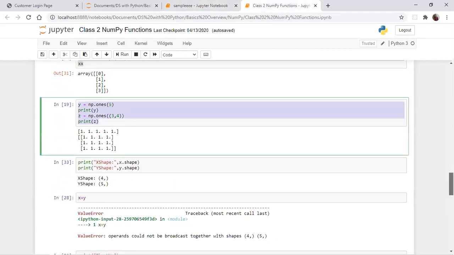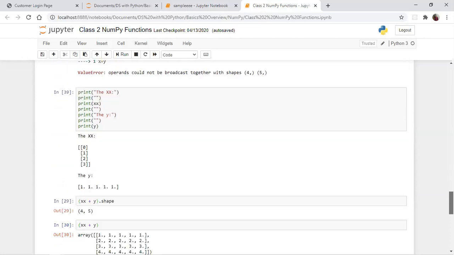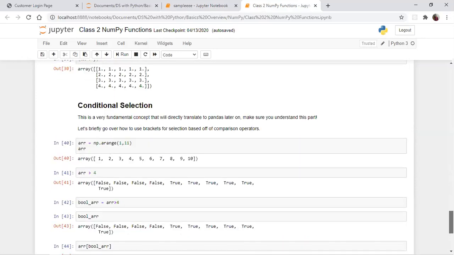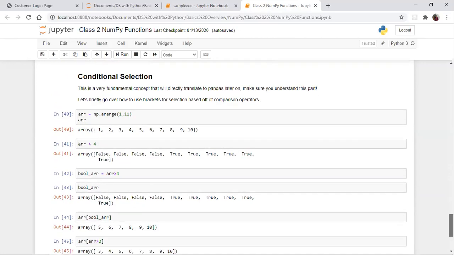So broadcasting is applicable, but not in all situations, only in some small situations. That's a very important thing you need to understand. There are two conditions. One, your array shapes must be equal. That means if you have a 2 by 2 array and you do an arithmetic function with another 2 by 2 array, that is fine.